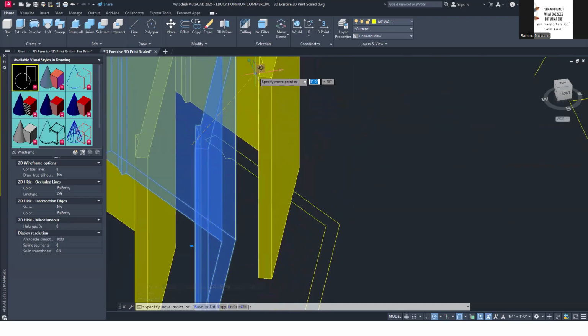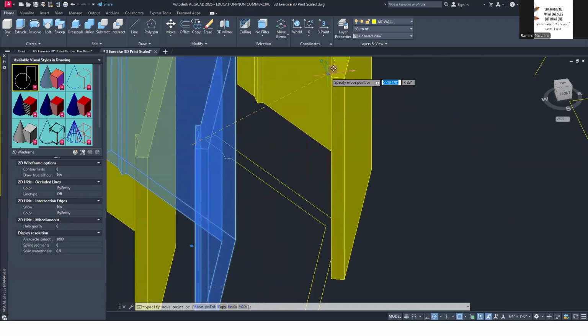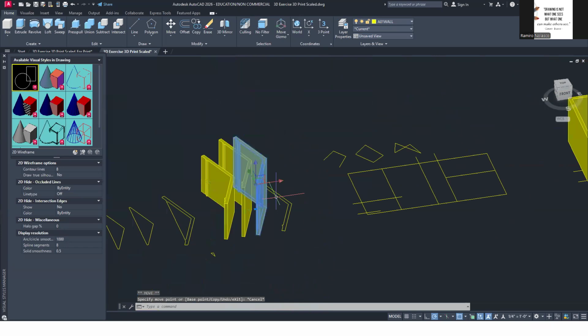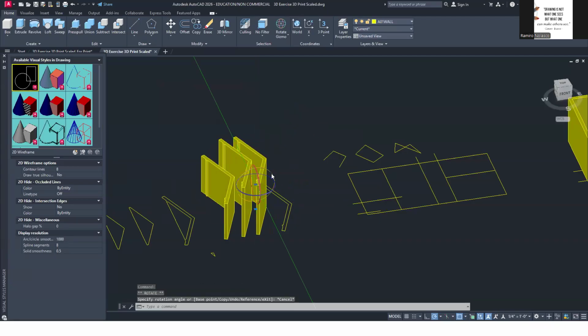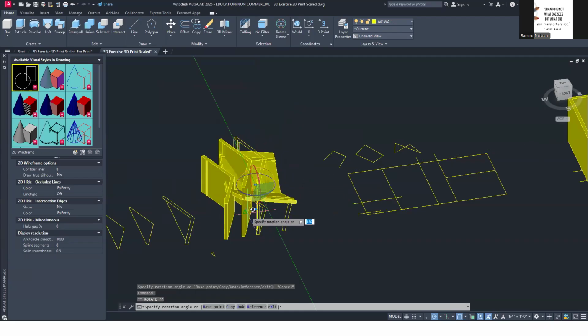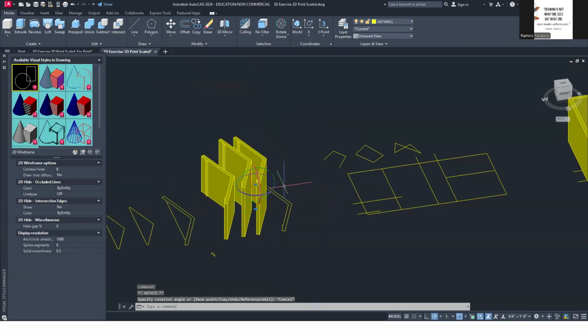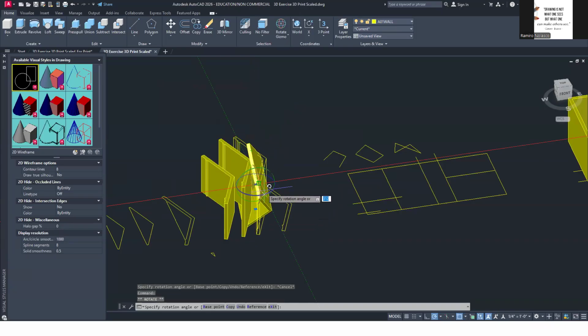So you can go up, Z, to the right, Y. Okay. You can change the gizmo. So instead of just moving, you can select the Z rotation and then you can rotate along the Z axis. Escape. You can rotate along the Y axis and you can also rotate along the X axis if you click that circle.